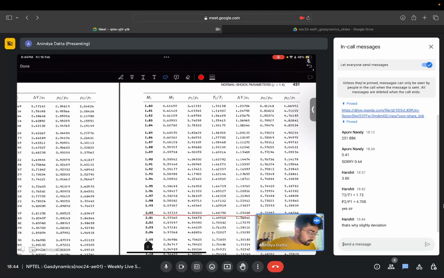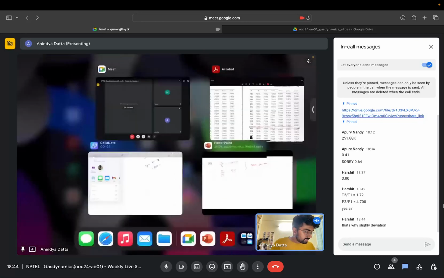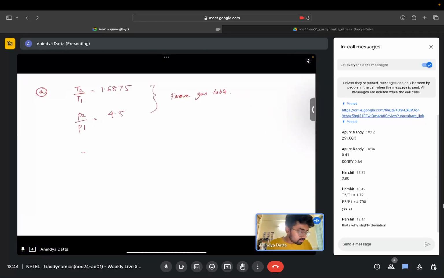For M1 of 2, 4.5 is the ratio of static pressure, and 1.6875 is the ratio of static temperature. So T2 becomes 1.6875 into T1. T1 is 278, so we'll get T2 as